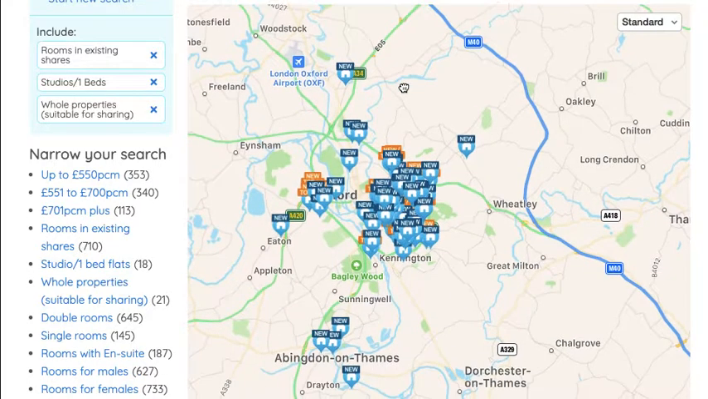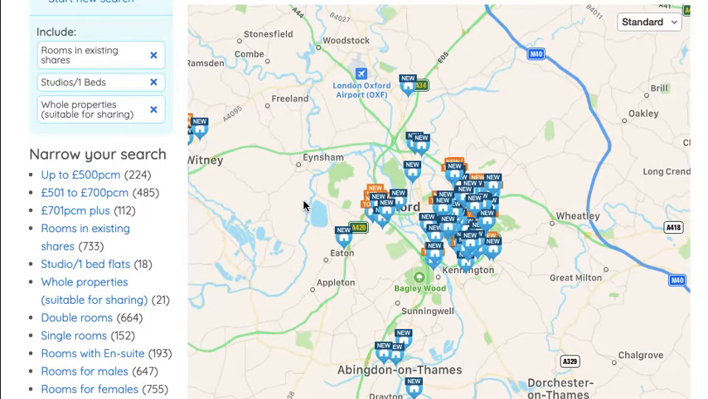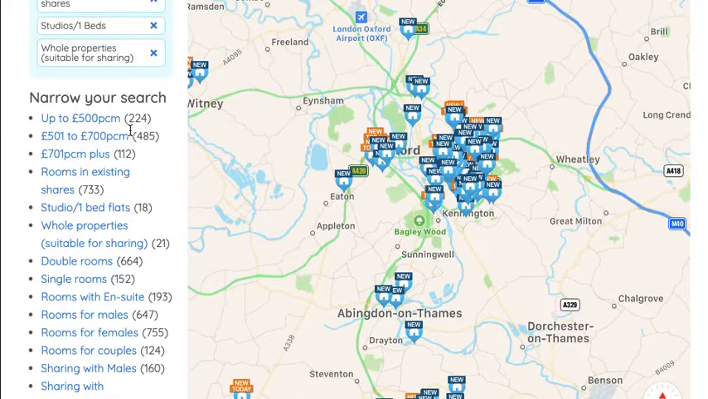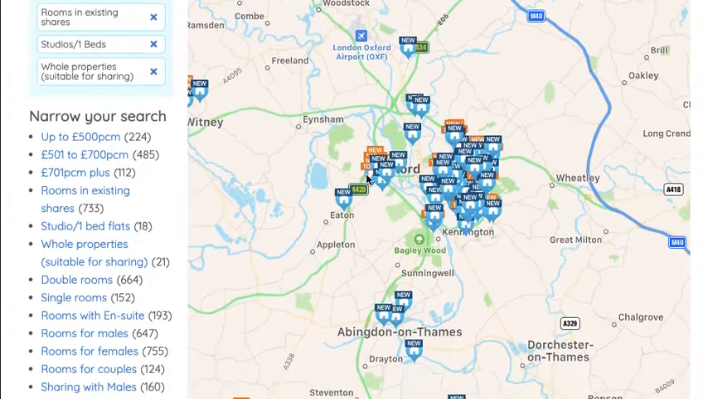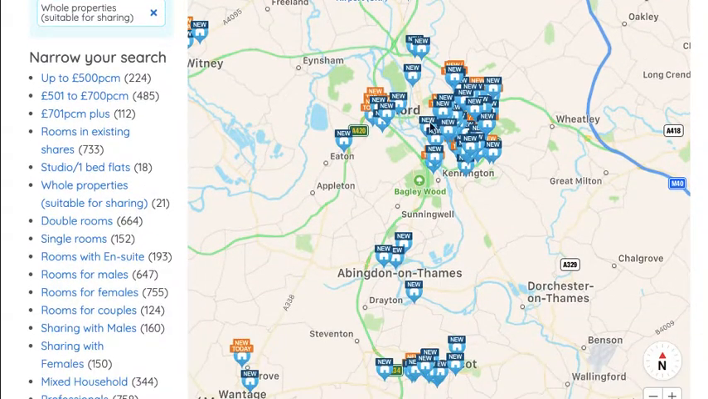Why are we in Kensington? This is Oxford, I think. Oh, look, you even have some statistics here. So up to 500 per calendar month, there's 224 rooms. And between 500 and 700, there's 485 rooms. So you can look at the area and see what is the average price of your area here. And you can also look at the graph, at the statistics here, to see how many rooms there are for each